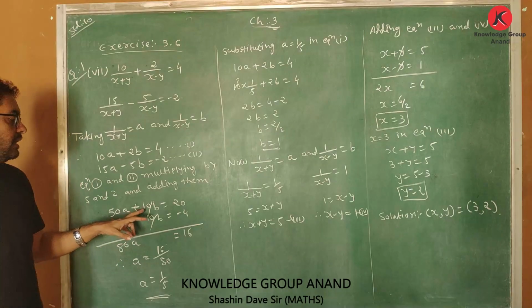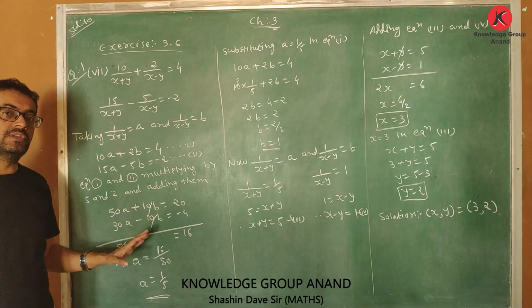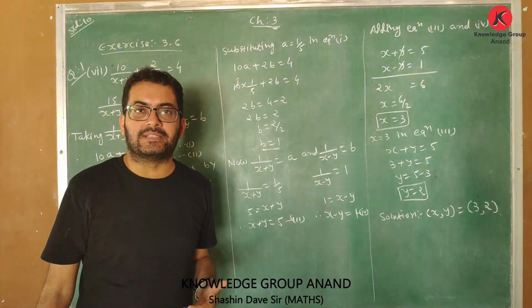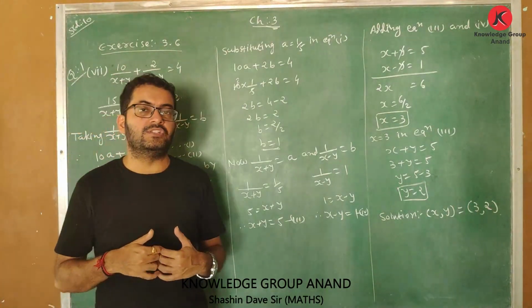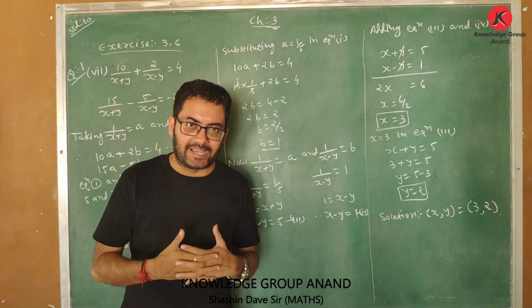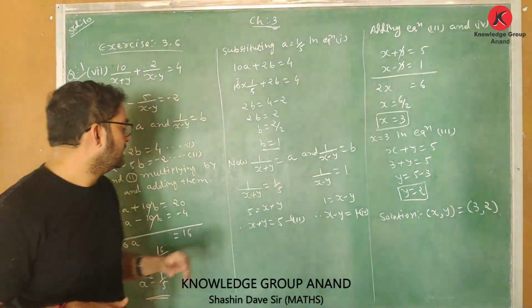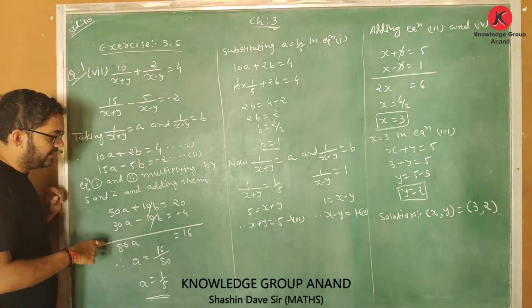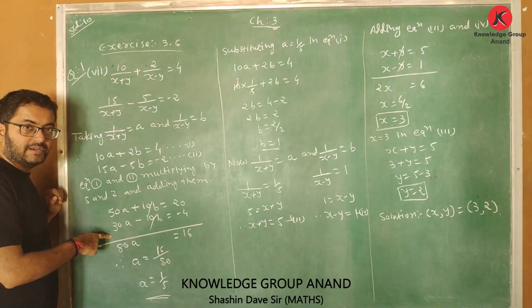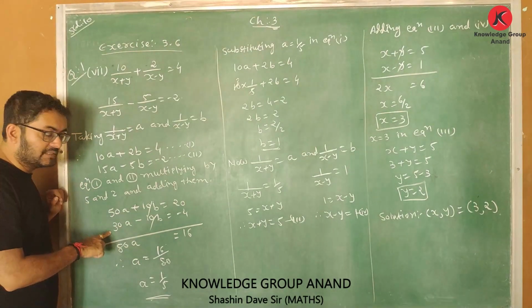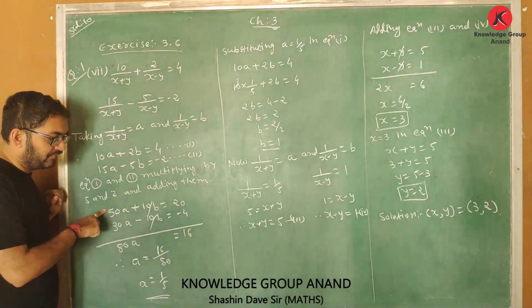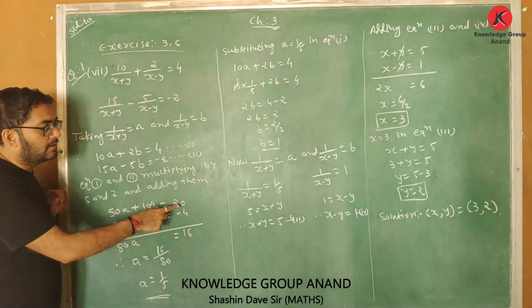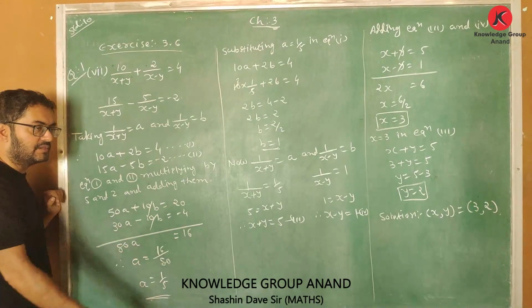Now I want to eliminate the b part. I have 10b on both sides, and luckily we have opposite signs, plus 10b and minus 10b. So to eliminate the part with b, there is no necessity to change any sign. So I will simply carry out the calculation. Plus 10b minus 10b got eliminated. 50a plus 30a, as the sign has not been changed, this is plus 30a. So 50a plus 30a, that is 80a, is equal to 20 minus 4, which is 16.